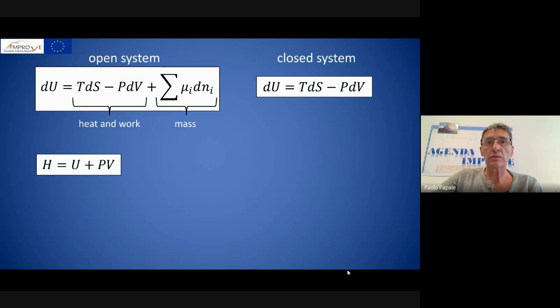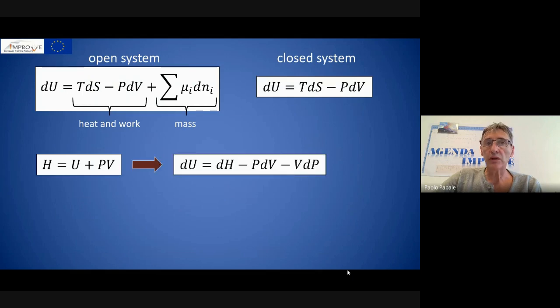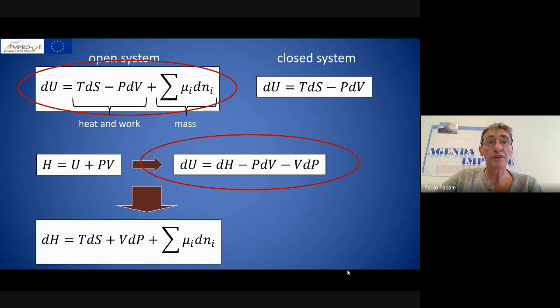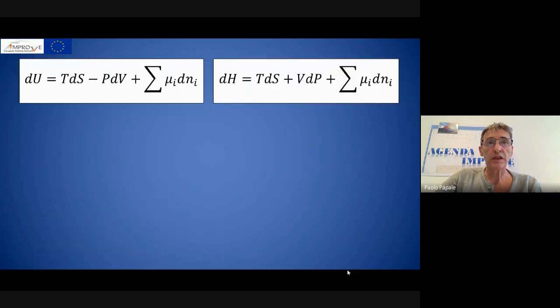Let's write the general expression for enthalpy that we derived in lesson 1, and after differentiation, let's write it in terms of the differential of the internal energy. We now have two expressions for the differential of the internal energy that we can equate to obtain the differential of enthalpy for an open system. We have therefore obtained the differential of enthalpy for an open system, that is, for a